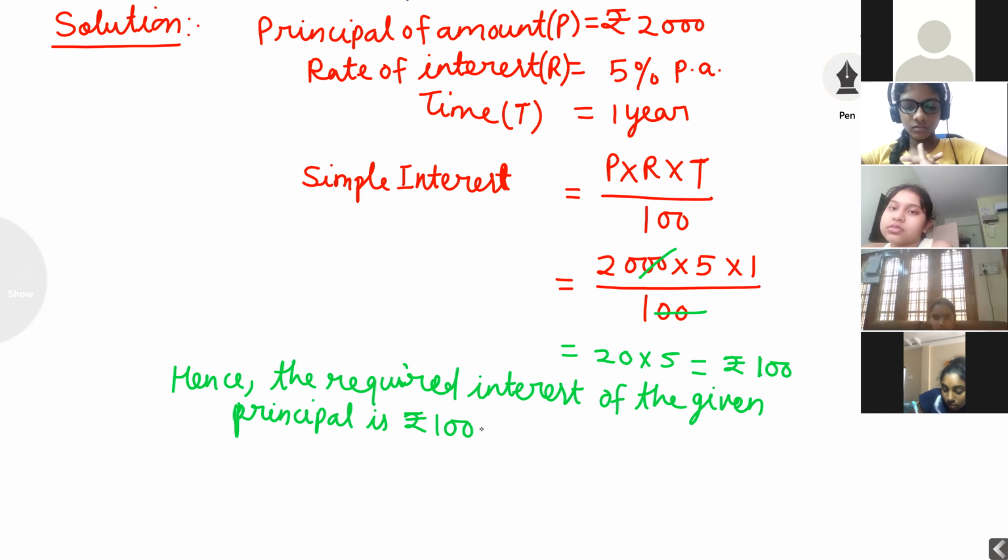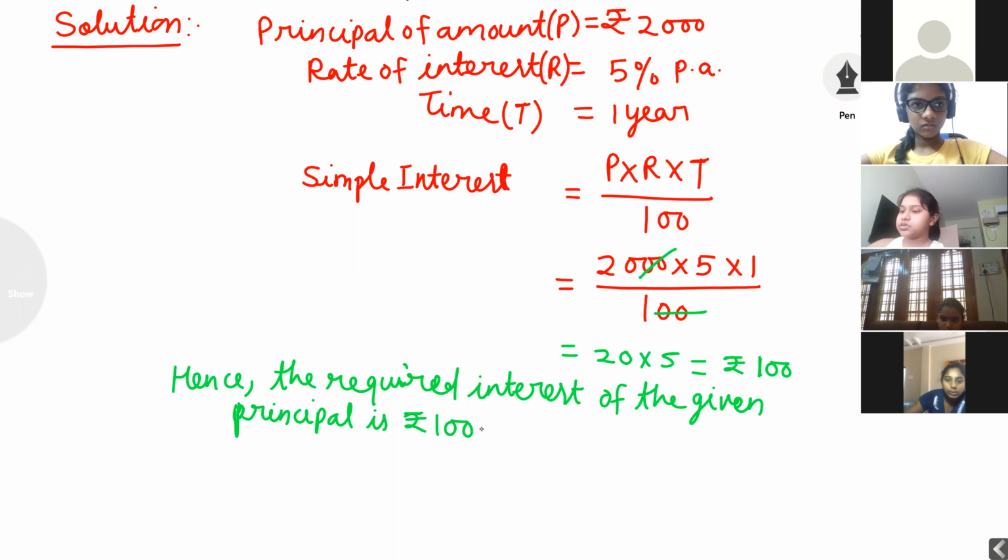Now students, you can understand, if any person is taking a loan, you can identify whether the bank person is taking proper interest or not. They are not taking more interest or less interest. You can calculate and check your answer with your parents. You can identify that this is the interest and this is the principal. Got it, everyone? Yes.